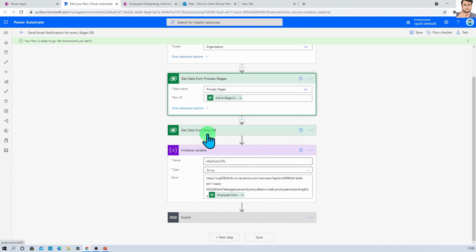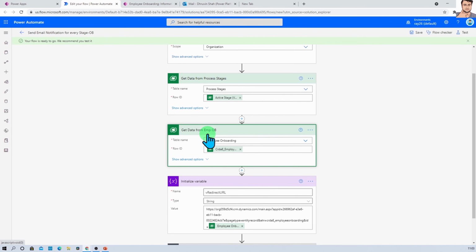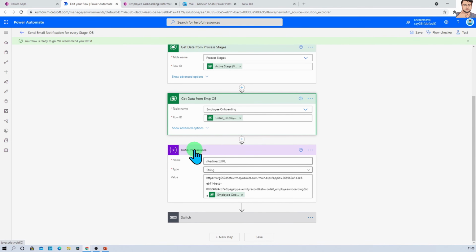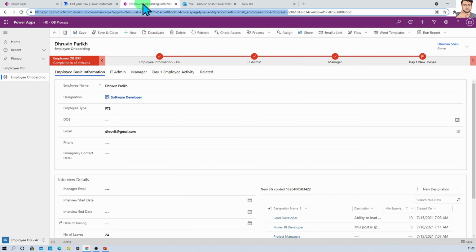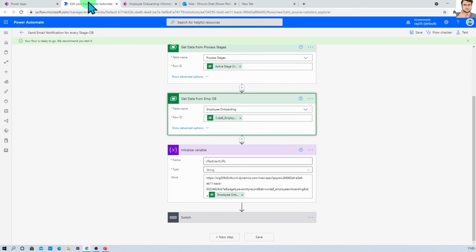And then similarly we are getting the current row for the employee onboarding process for which we are generating this data. After that we are initializing the redirect variable, and it is something which I have shown you, that ID is dynamic, otherwise the rest of the URL is same as it is.